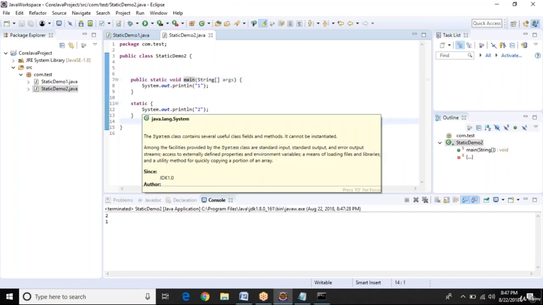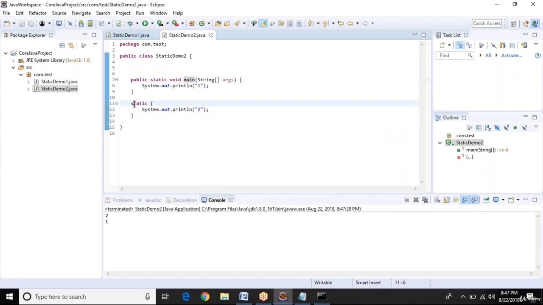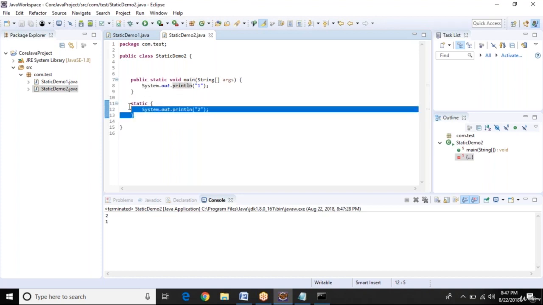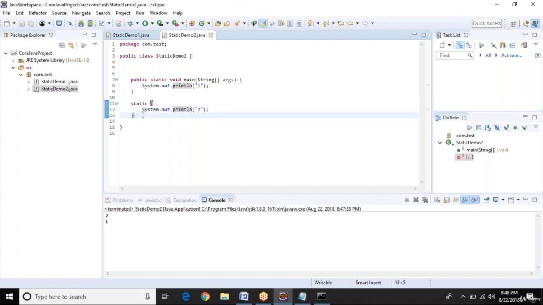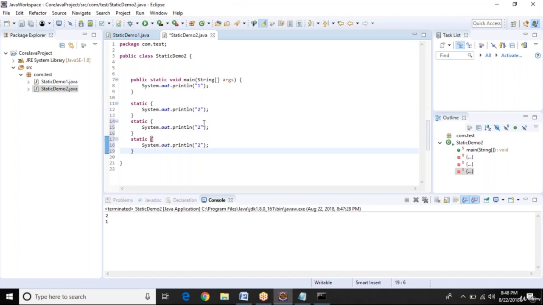And how do we use a static block? Simply write static and then curly braces, and it will print that value. We can have one or more static blocks in one program. We can write as many static blocks as we want, 2, 4, 3.